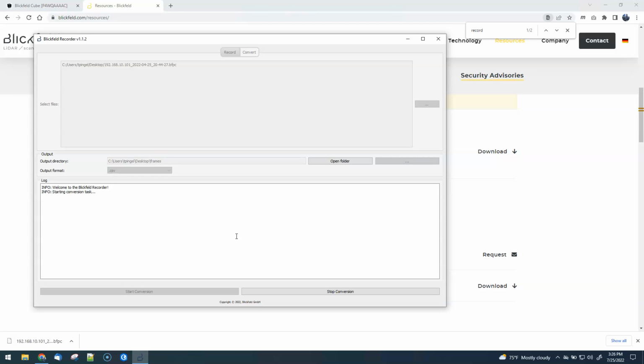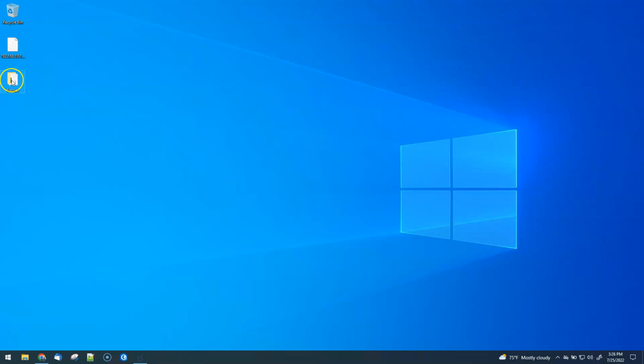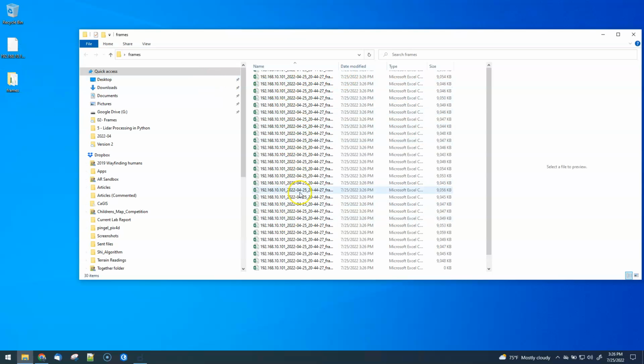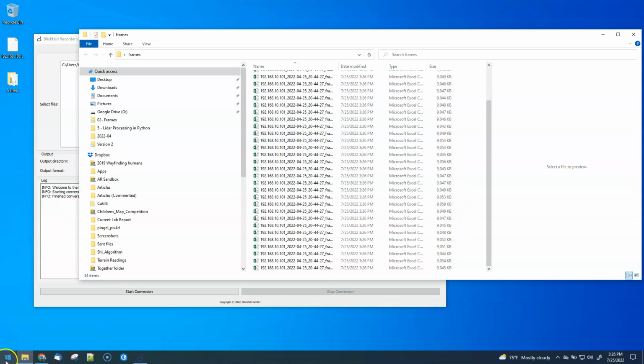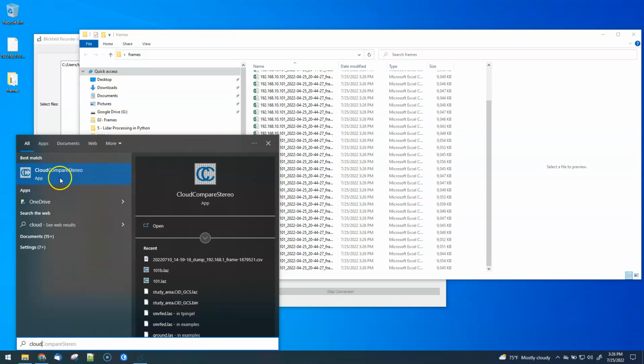You'll get a fair number of frames, so I'm not sure how long we left this run, a couple of seconds. There's probably 20 frames worth of data in here. So it'll start off and it'll do the conversions. If you peek over here into frames, you can see that it's populating this already with these CSV frames that it's pulling out of that file. You could think of that BFPC as sort of like a zip file for the LiDAR data. That's done, and so there we have all of our data, and we can take Cloud Compare,